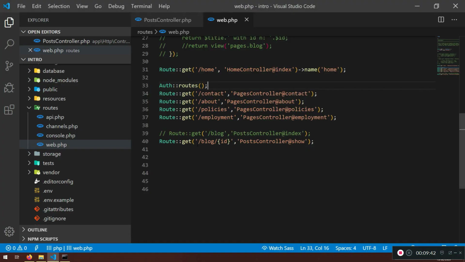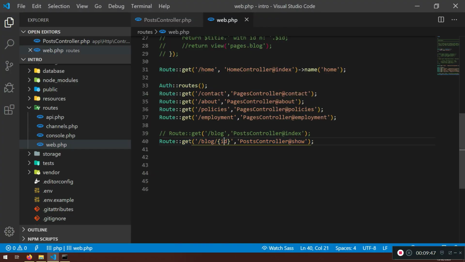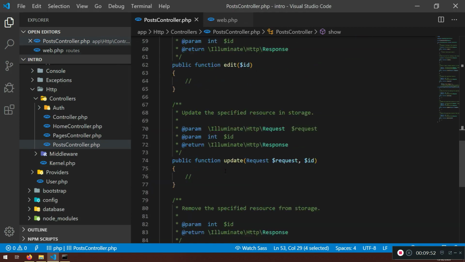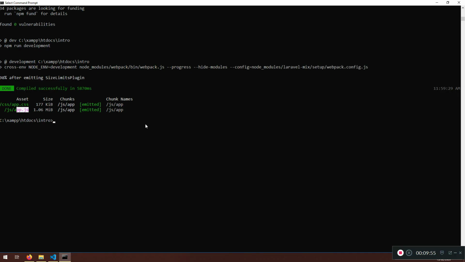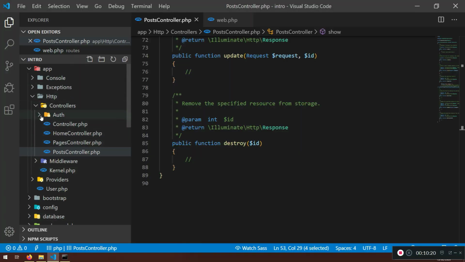Nothing will change. Now I promise you that I'm gonna show you how you can utilize these resources here, because remember, post controller we created with all of the resources, right? Now I will say clear, and if I go PHP artisan route list. Here it is. Now we do have login, and that it's get. We have log out, it will be post. We have password confirm, password reset, password token,